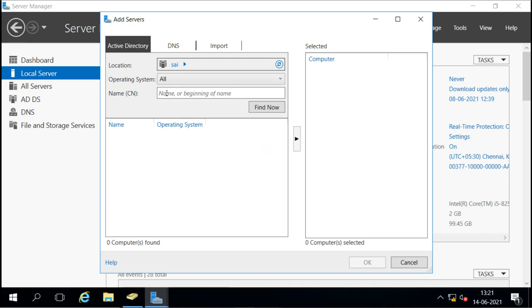I know the name, it is core 1, which I want to add, so I will add the name here, and then I will say find, and now it is finding this. This is our core server which we want to add into this Server Manager. So I will select this one and I will say add.